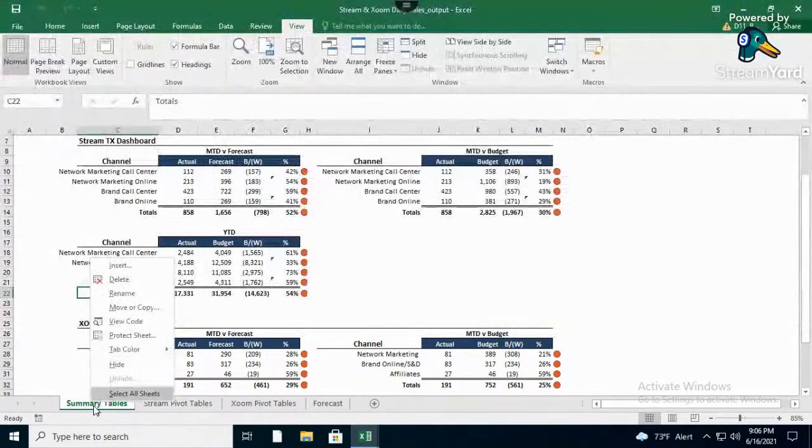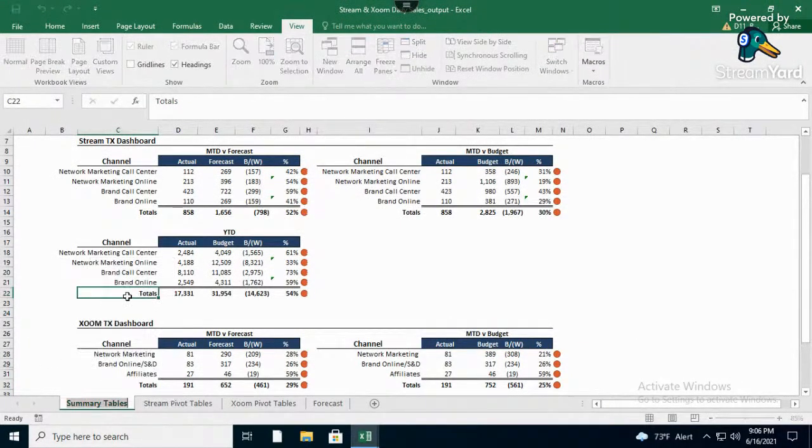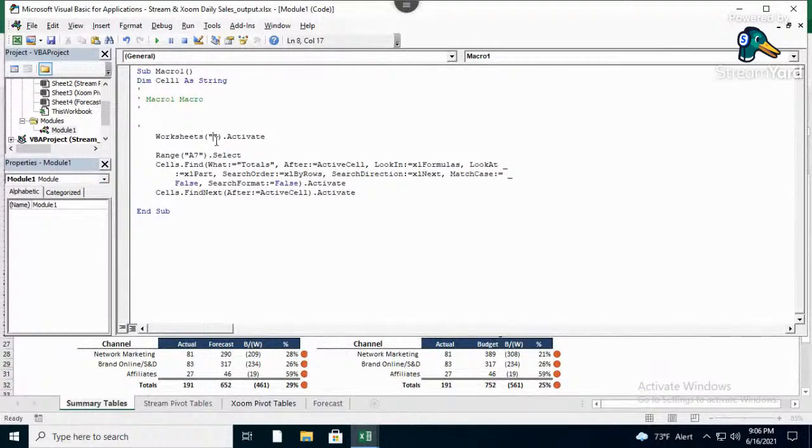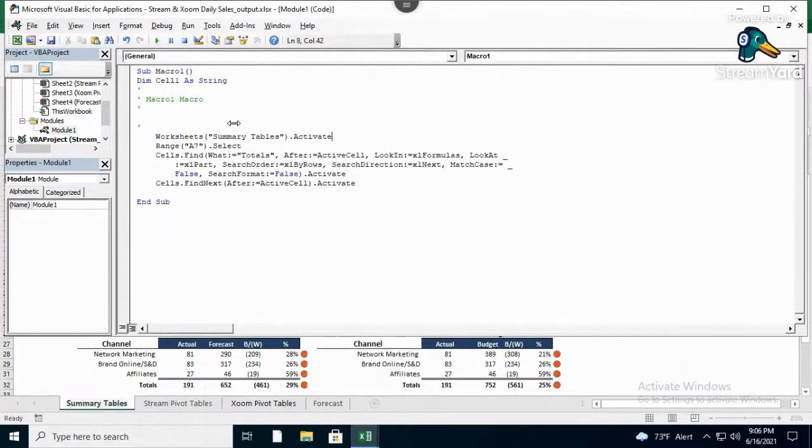And I know my worksheet is summary tables. And what I'm just going to do is Control C, I'll come back here and add that. So I'm just going to activate this, and in the worksheets, I'm always going to set my range as A1. So it is always, let's go with the summary tables, and then I'll activate that. Once I'm done with the activation of the worksheet, I'll go to the first cell of that specific sheet, and from then I'll start finding the cell